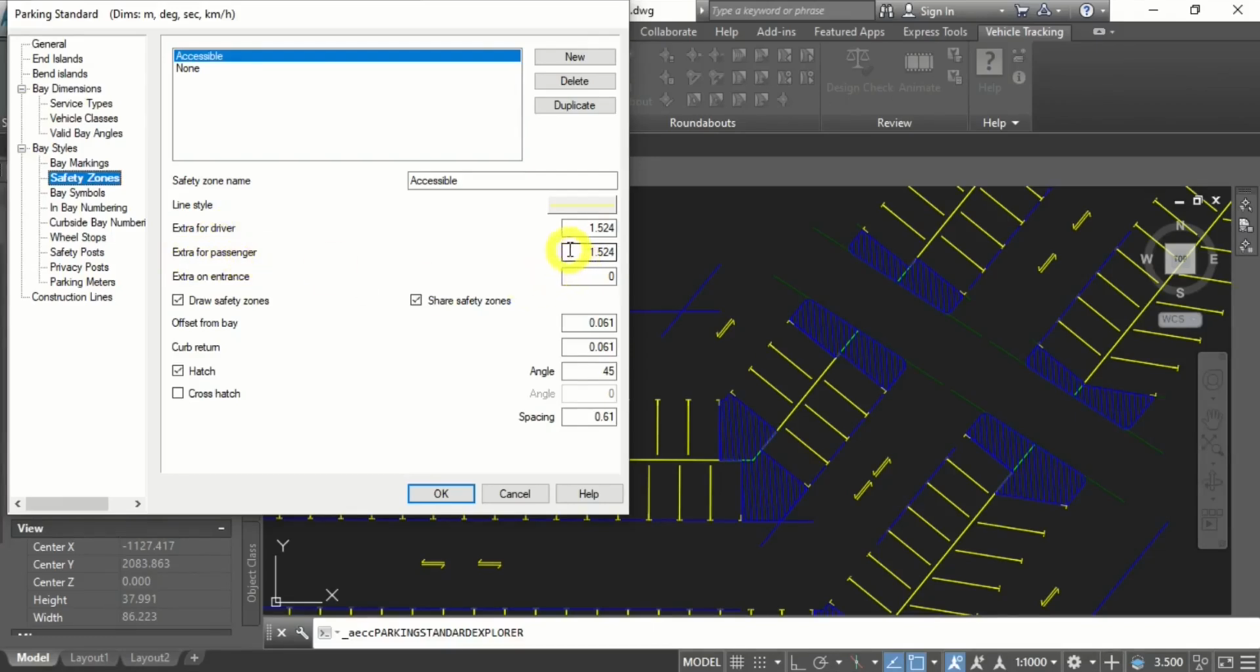Some local standards do not require it, and extra on entrance will be added widths that you will define at the entrance of a parking bay that is going to be designated to people with some disability, and it will draw a safety zone. It will hatch it and draw it. You will need to look these criteria up in your local standard. All right,